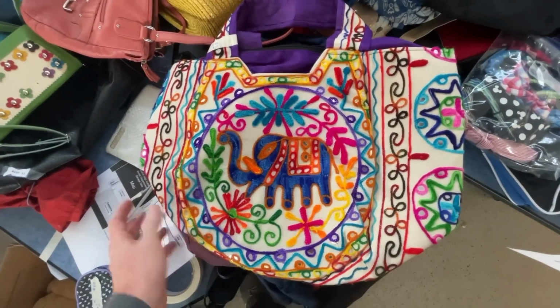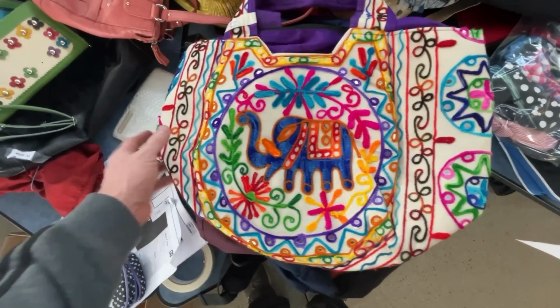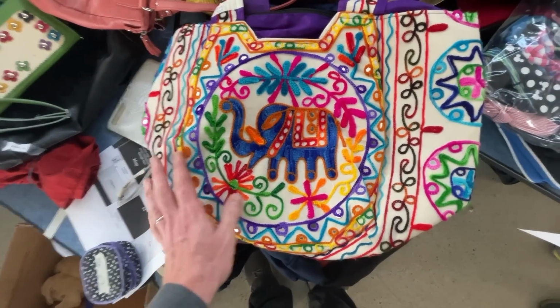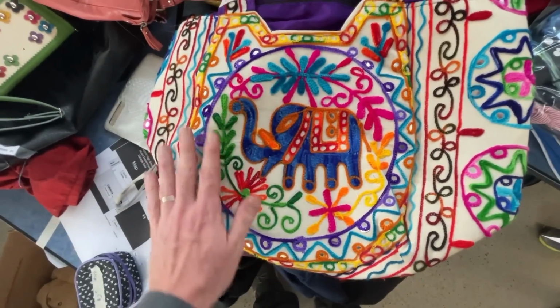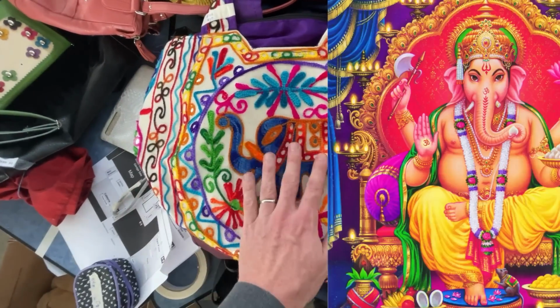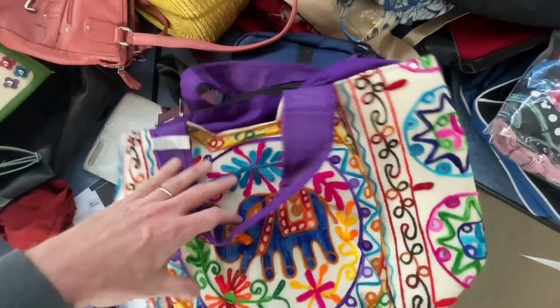Anyway, you don't have to know anything about bags. This is for the fellas out there. Just look for something with all of these bright colors and this embroidery on it. It's really cool. You have an animal on it as well. Elephants definitely have religious significance. If you think of the Hindu god Ganesh, who's elephant shaped, and I say that because if you look at where this was actually made,